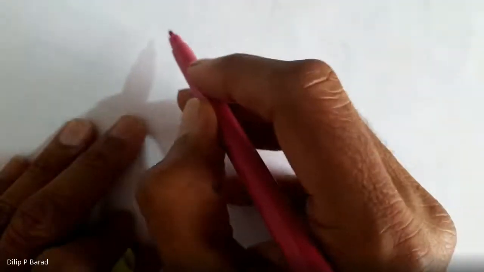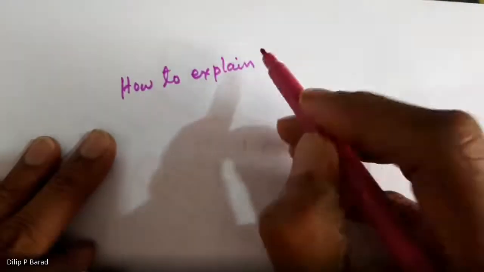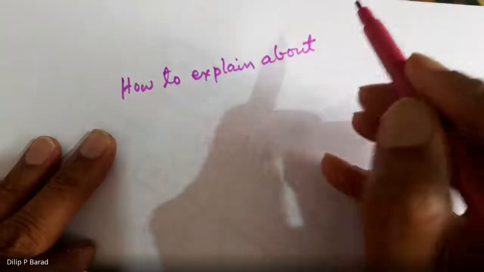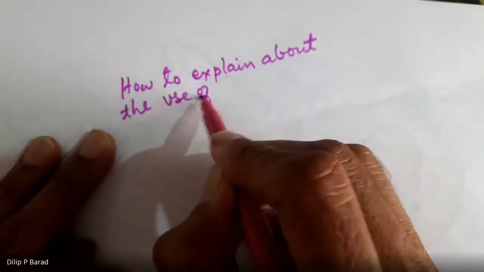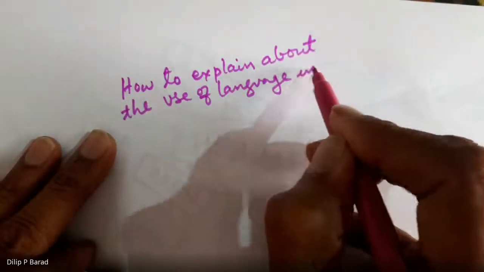After saying in the first part how to explain the use of language in poetry,